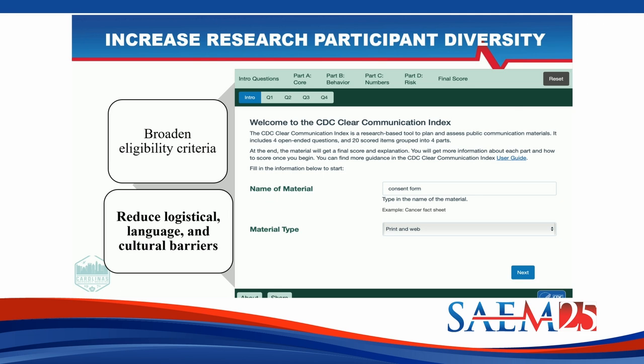Then you should also partner with community organizations and leaders so that you can understand the language, cultural, and community level factors that might influence how somebody would feel when participating in a study. And lastly, ensure that your participation incentives and the processes to obtain those incentives don't cause concern for some groups. Do you ask for social security numbers? Do you have very store-specific gift cards, where this is a store somebody might not even be comfortable going into?